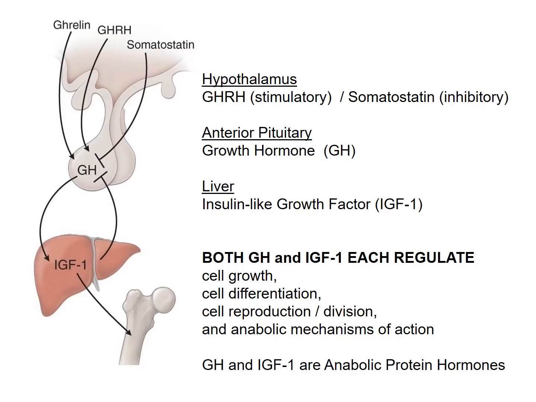They're building things up. Where cortisol was very much a catabolic hormone, breaking down substrate for energy, growth hormone and IGF-1 are two of our primary anabolic hormones. Cortisol is a steroid. Both growth hormone and IGF-1 are proteins. Okay. The axis is a little bit different. We have two products coming out of the hypothalamus which stimulate growth hormone, and then we have one product coming out of the hypothalamus which inhibits growth hormone. I'm showing you that so that you see that the axis is a little bit different.